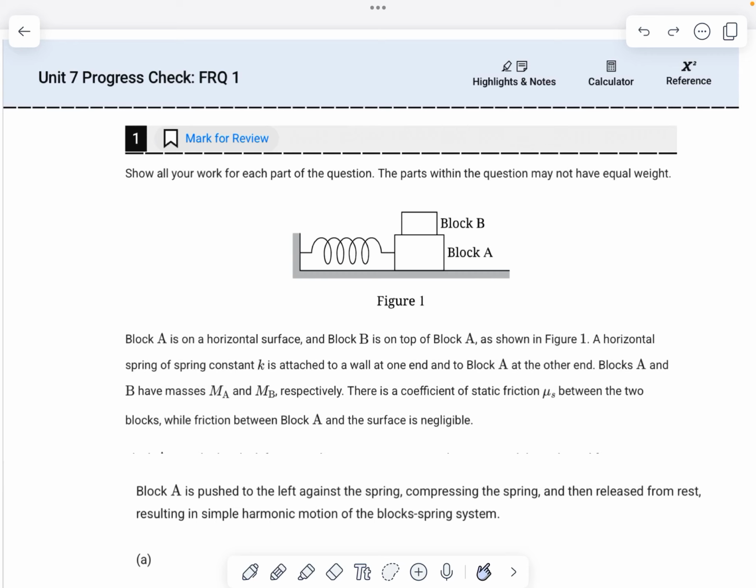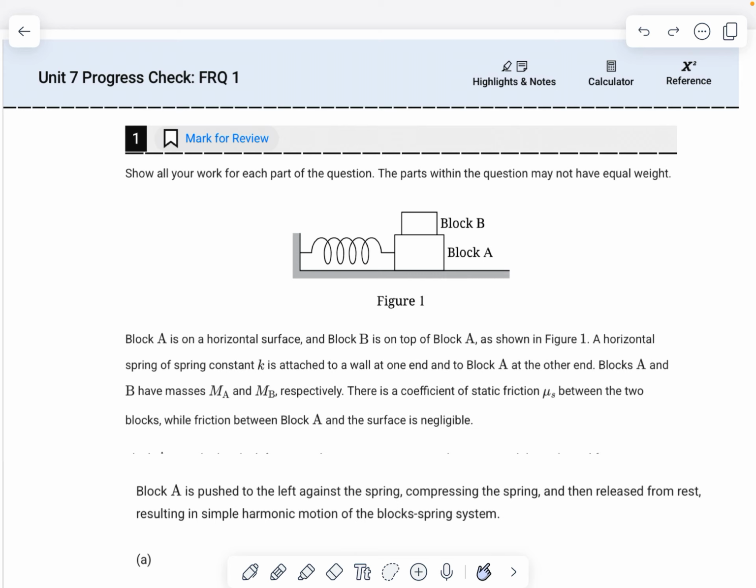All right. For number one, block A is on a horizontal surface and block B is on top of block A as shown in figure 1. A horizontal spring of constant K is attached to a wall at one end and block A at the other. Blocks A and B have masses MA and MB respectively. There is a coefficient of static friction mu S between the two blocks, while the friction between block A and